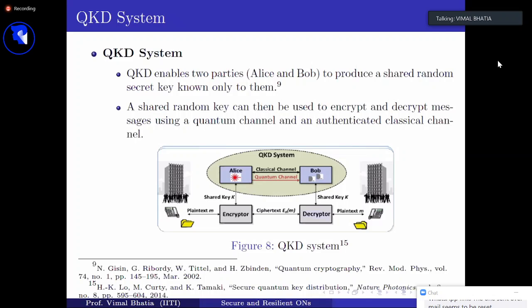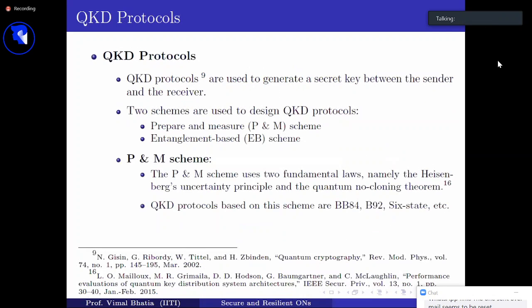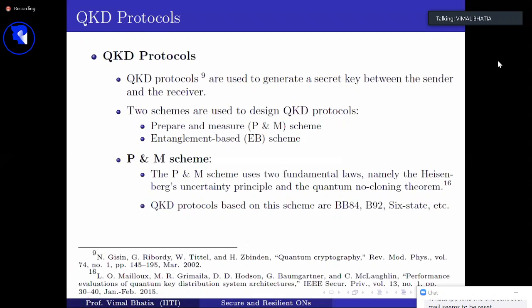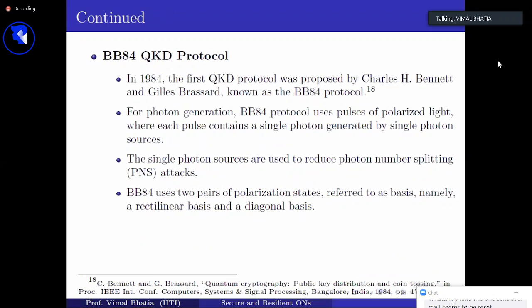And we are basically going to use the same classical optical channel. We'll not know how it is done, but basically you need to have a system which is secured by a QKD protocol. And then there are different protocols. If you're interested, you can look at BB84, one of the most popular protocols. And as in the previous case as well, it was proposed in 1984, but it is making inroads now, and we are seeing the quantum